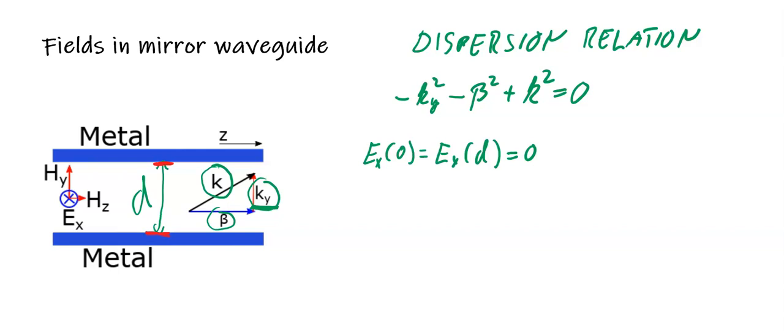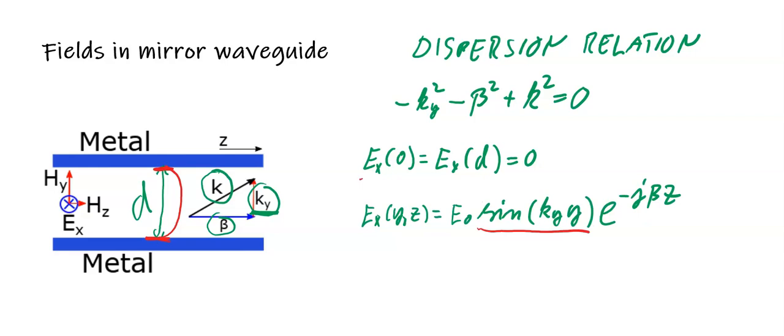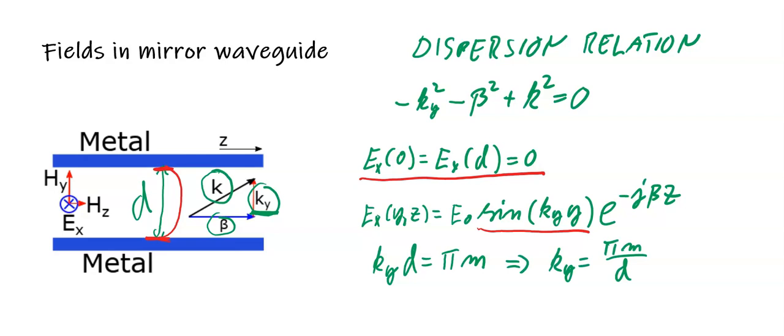Now we can use the general solution, but we can also see that the sine function is a solution to fulfill the boundary condition. The transverse wave number needs to fulfill, and further. And now we can write the full field as,